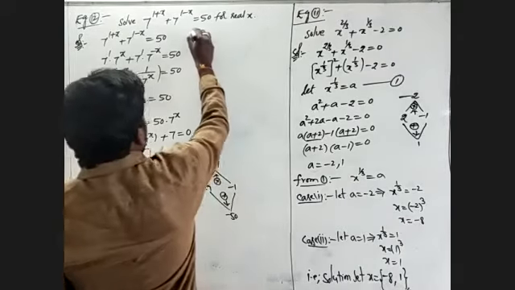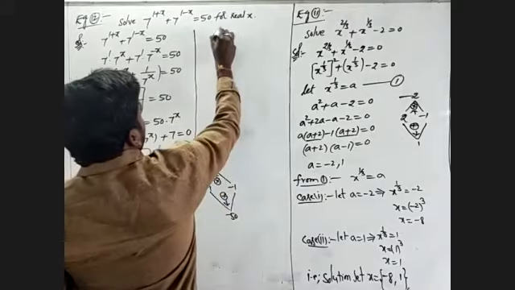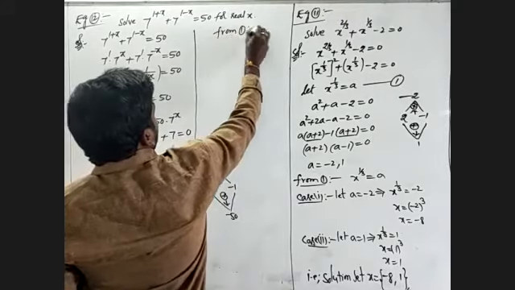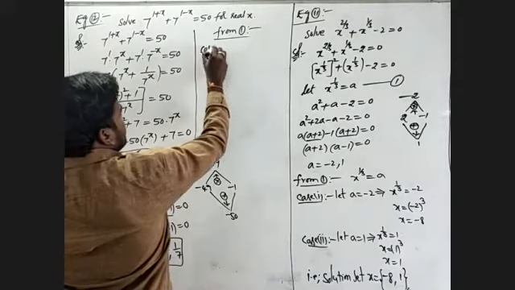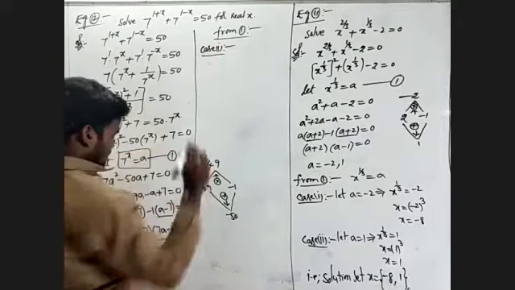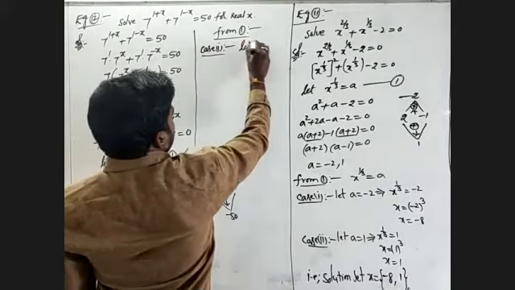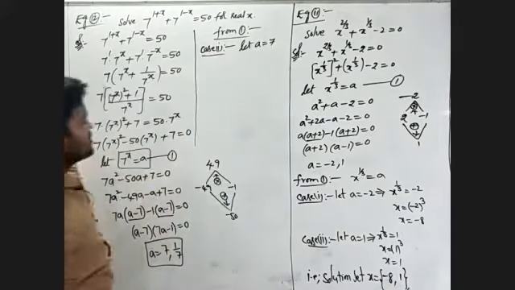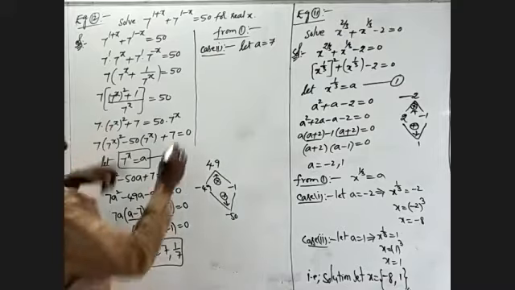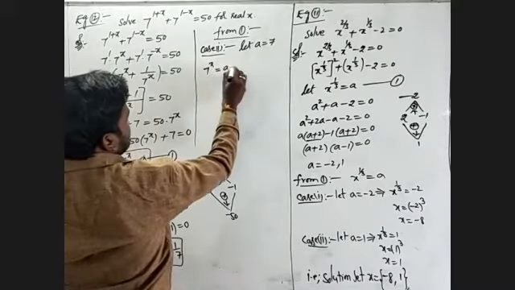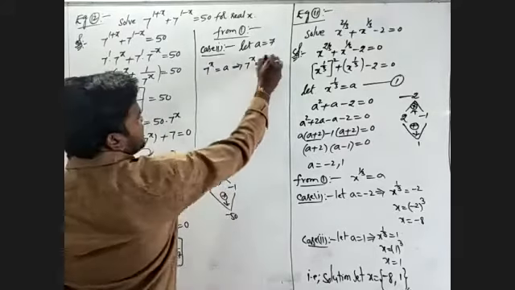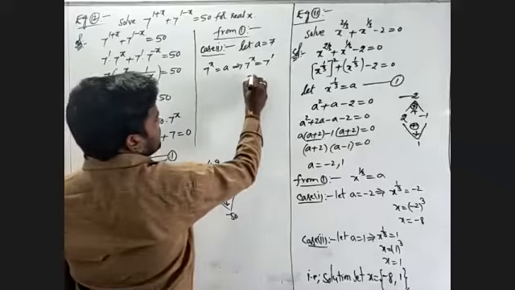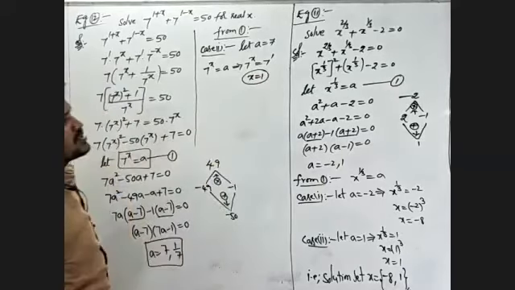Now I am going to substitute from 1. What is from 1? From 1 is 7 power x is equal to a. First, case 1: let a is equal to 7. What I have to write? 7 power x is equal to a. Then that implies 7 power x is equal to 7. There is no power, so we will take 1. If the bases are equal, their powers are also equal. That is the value x is equal to 1.